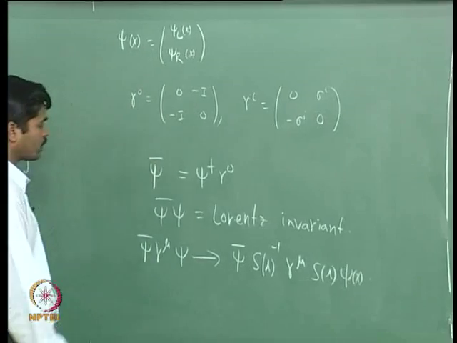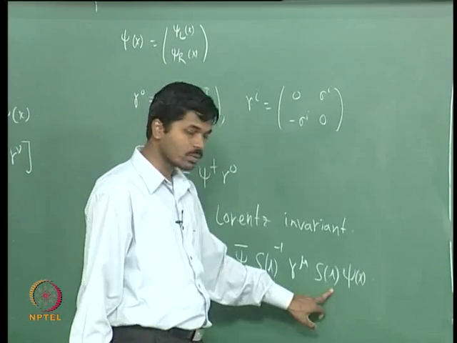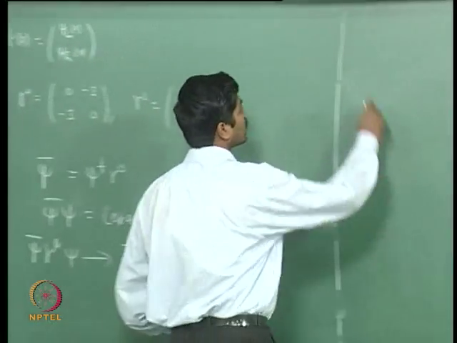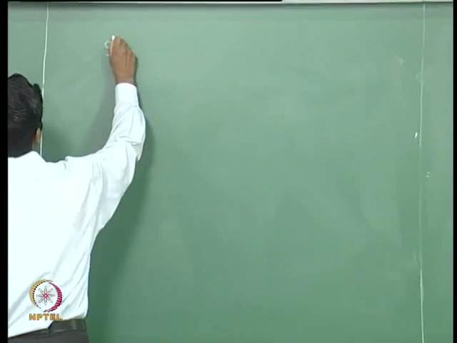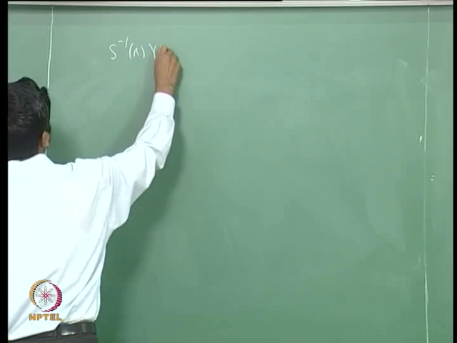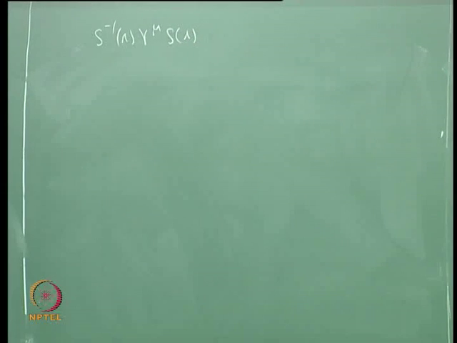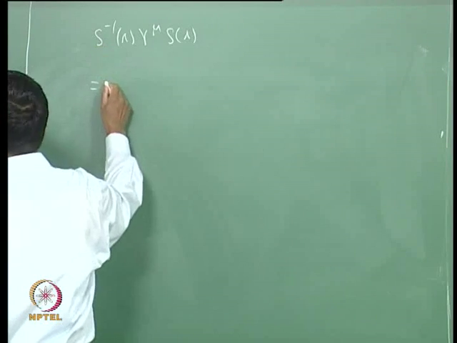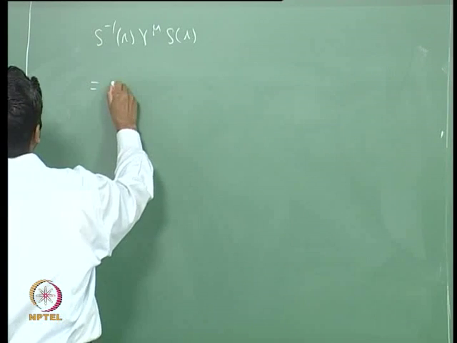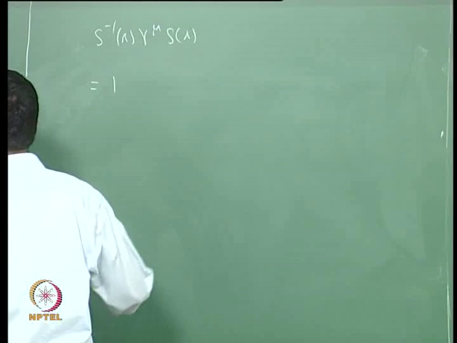This is how it transforms. So, what we need to do is we need to know what is this object S inverse lambda gamma mu S of lambda. We can do an infinitesimal transformation where this is given, to order omega mu nu,